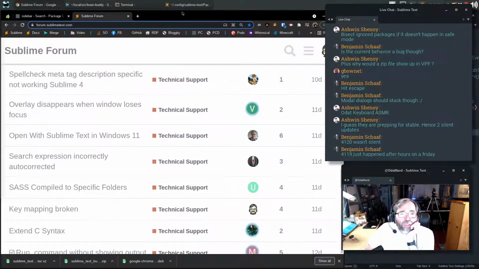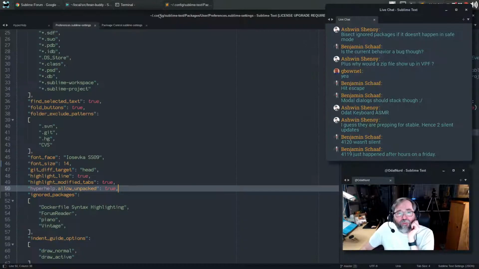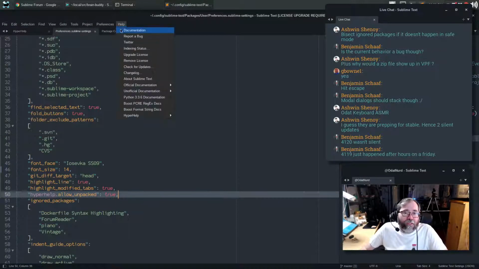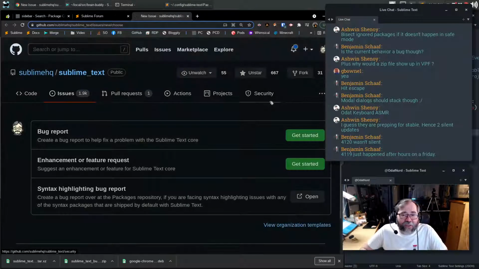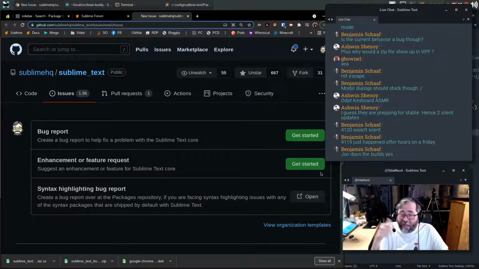Again, what you want to do here is if you have a problem, don't put it into the forum. Go into Sublime, go into your help menu. There's an item here called report a bug. It's going to take you directly to the issue tracker. You've got to have a GitHub profile for this, but you can report a bug, or you can file an enhancement or feature request if there's something that you'd like Sublime to add out of the default, or you think there's an idea. Doing something like this means that your comment actually gets added to the official tracker where the developers can keep track of it, and people that agree with you can come and thumb things up, and that's how things get pushed further up in the hierarchy.